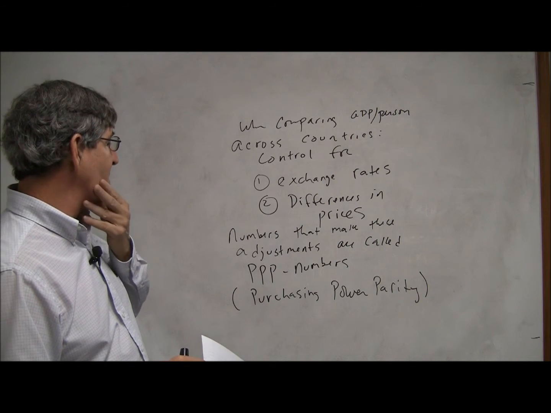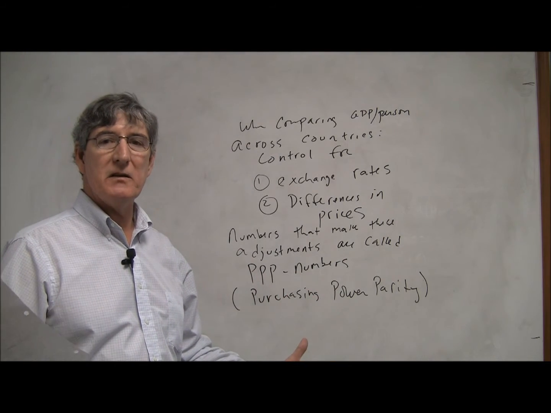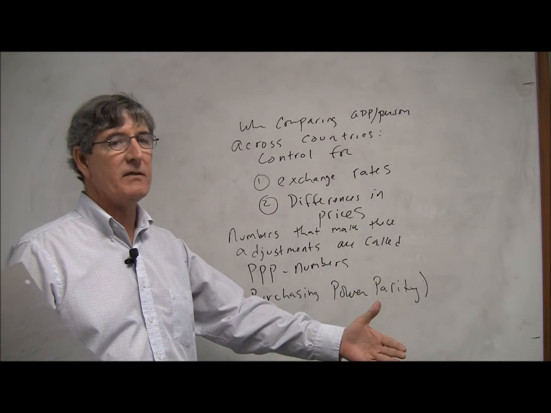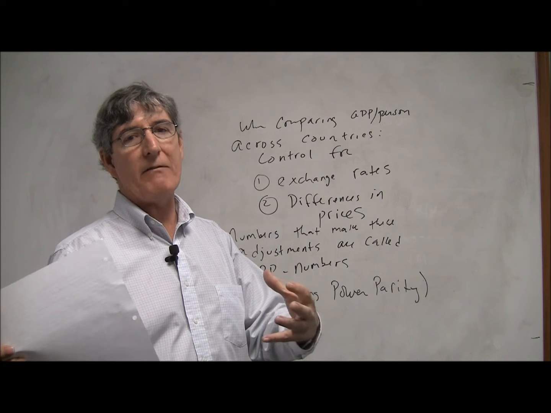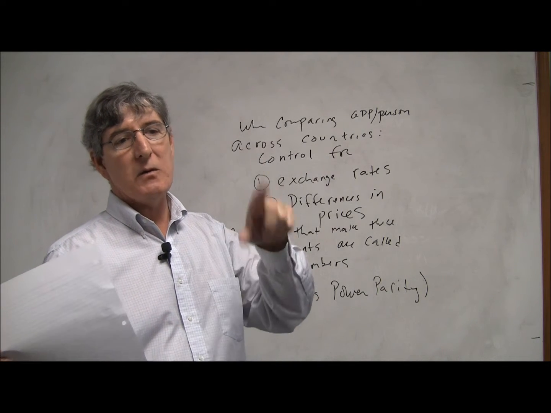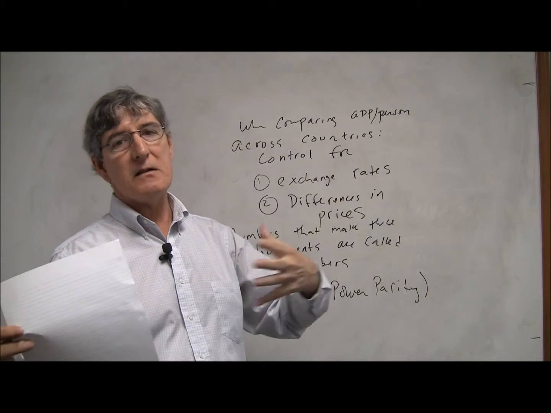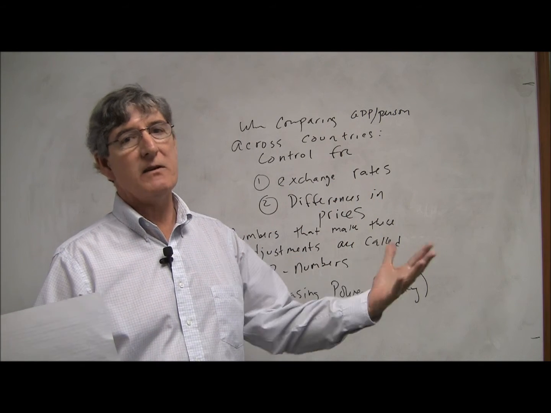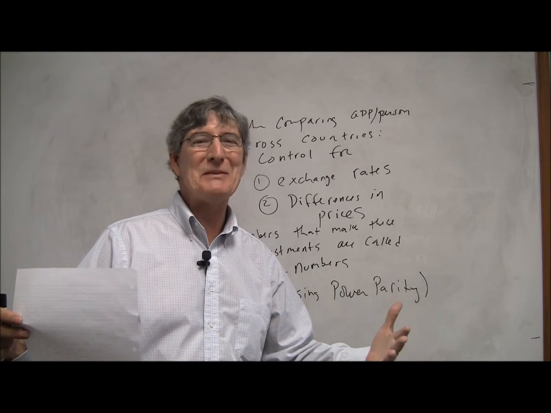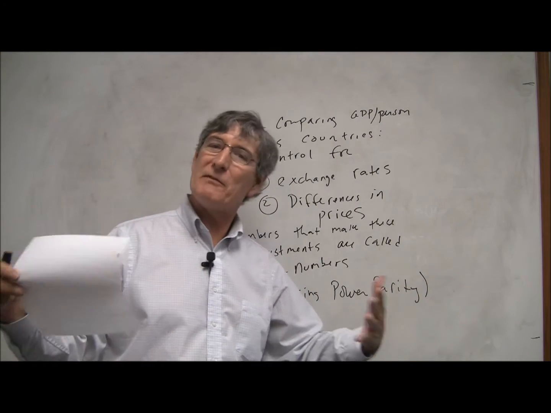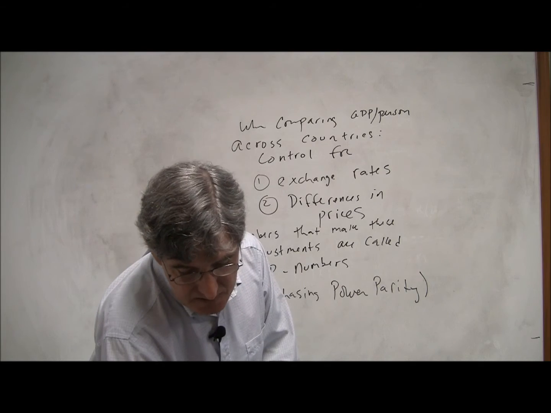And there's other things you need to worry about too. For instance, if the standard basket of goods that you consume in one country is very different from the standard basket in another. The CPI is based upon some notion of what the average person consumes. And so when you measure prices within one country, if the market baskets are very different because they consume different kinds of goods, maybe by custom or for some other reason, you're not really comparing apples to apples. You're comparing apples maybe to oranges because they prefer or consume different sorts of things. And so the typical market basket's also an issue you have to worry about.